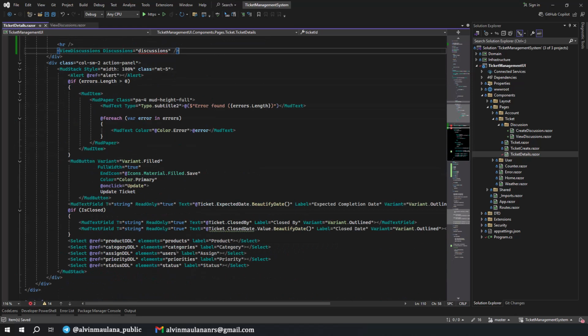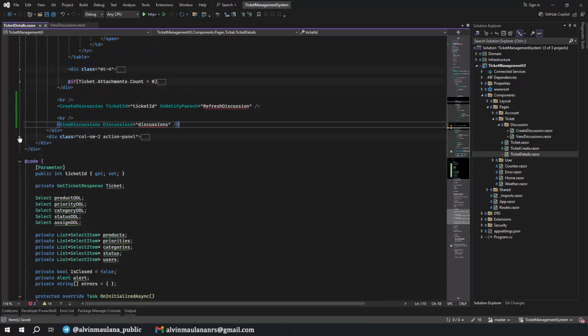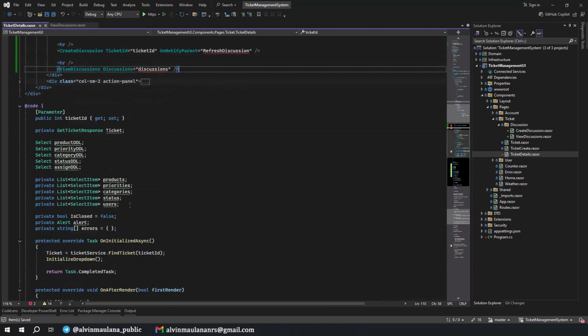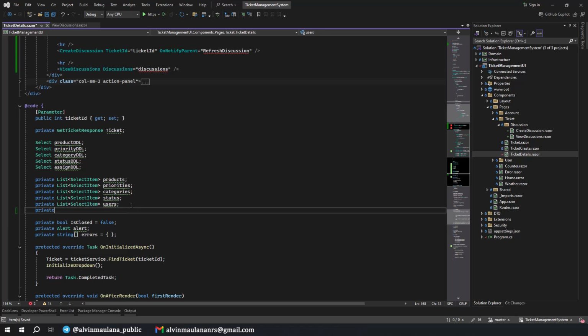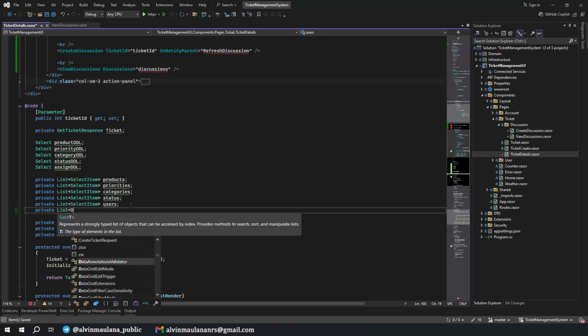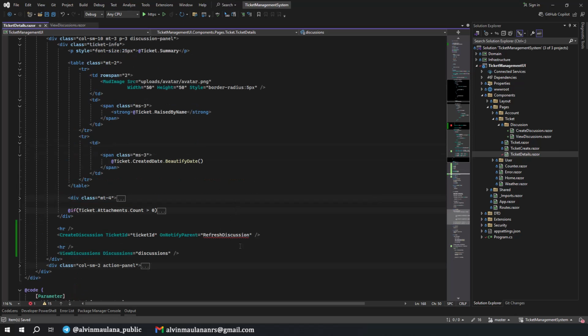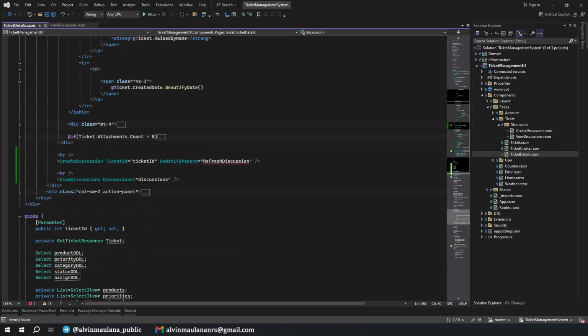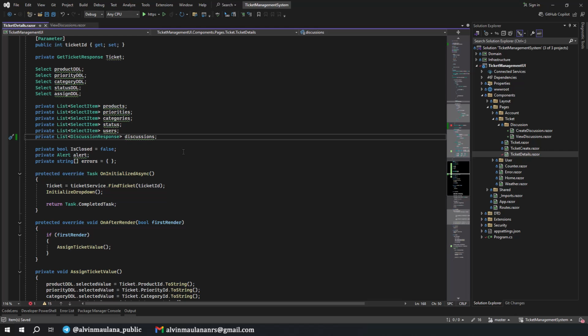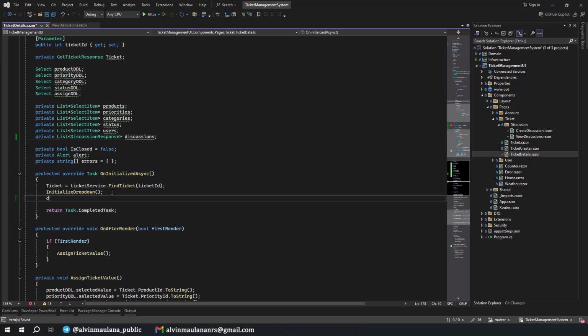Okay, let's have it below. I can minimize this one. Okay, first I want to have a private list of discussion response, and then discussions. Okay, I think we can initialize the discussion first. In on initialize asynchronous, after initialize dropdown, we initialize the discussion, which comes from the discussion service.